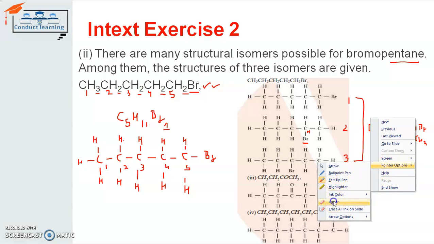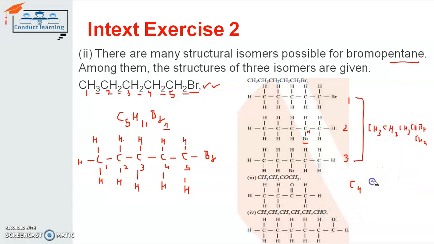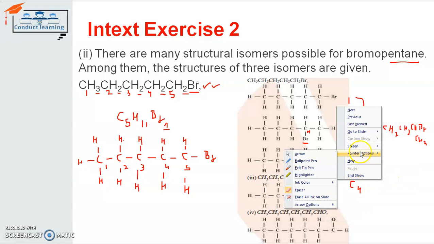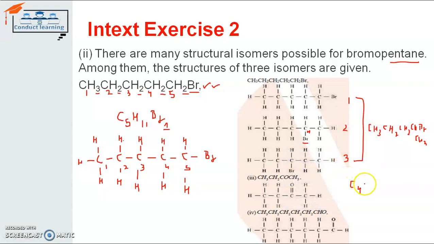So I will write it clearly. So C4, defining the butanone, has 4 carbon atoms. Accordingly, the H value will be 8 and a CO group will be there. We will replace two hydrogen atoms. So accordingly, you can draw the structure diagram for it. So I am drawing the structure diagram for butanone here.